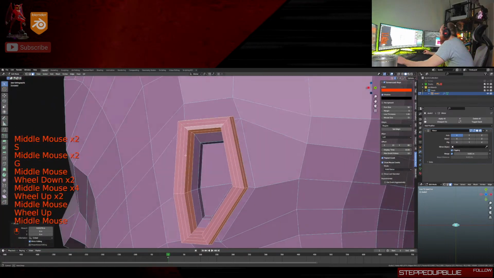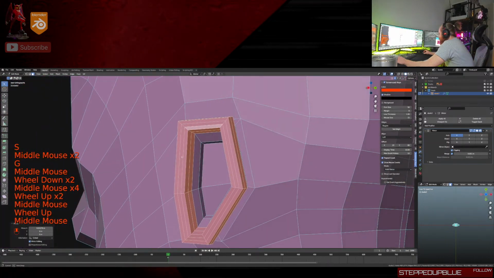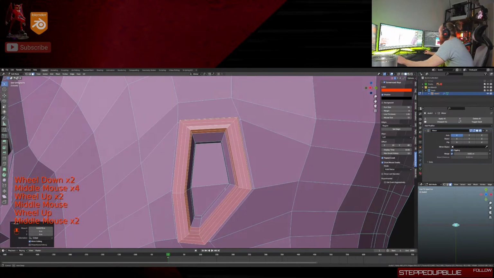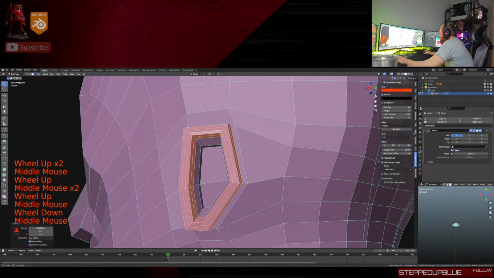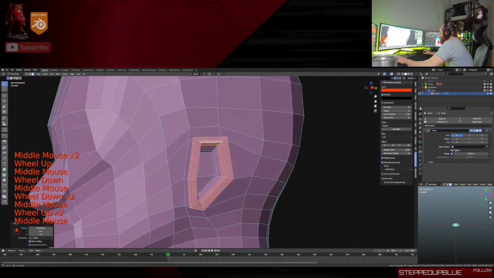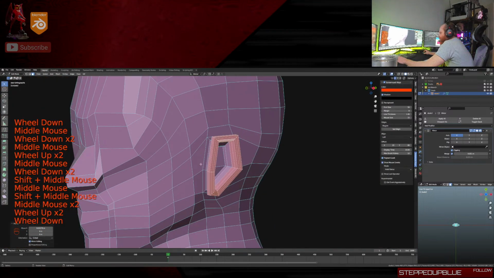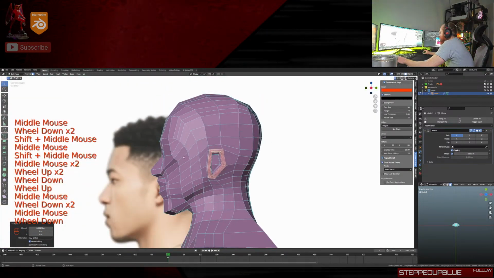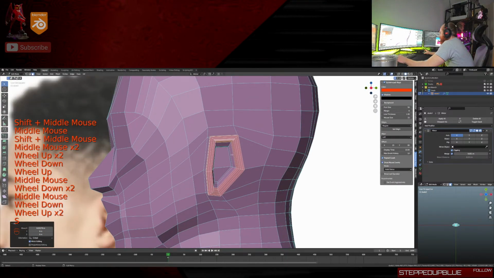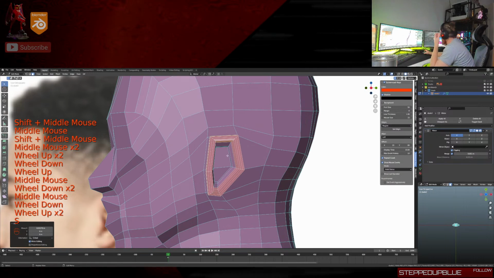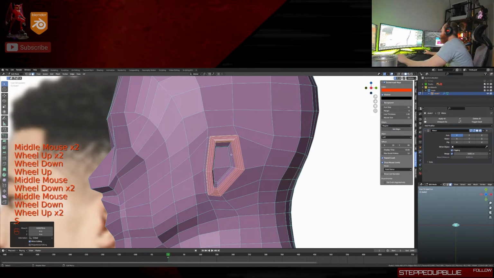Okay. And on the inside of the ear, you just don't worry about it, because we're going to sculpt that a little better. But this way, it can be sculpted. That can be sculpted now. And now